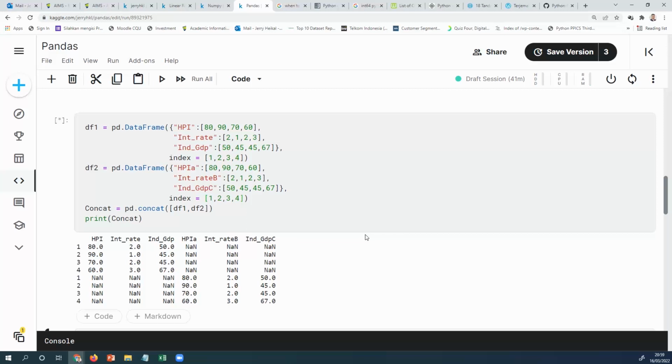Not merging. Okay. So when you concat, double counting 1, 2, 3, and 4, 1, 2, 3, and 4. But if you conduct with the merge, yeah, it will be